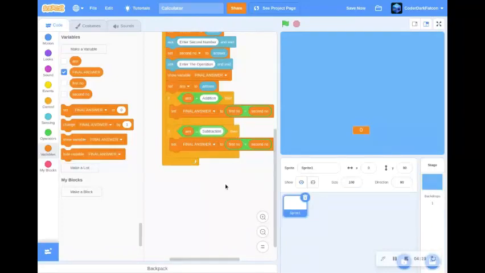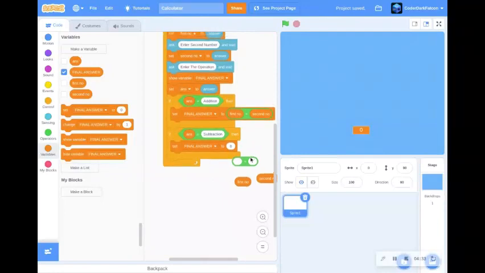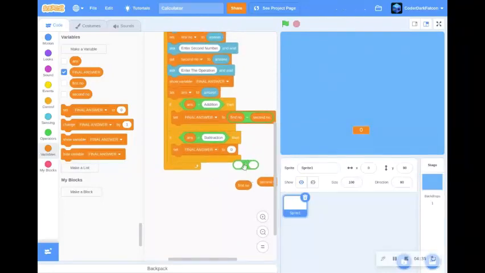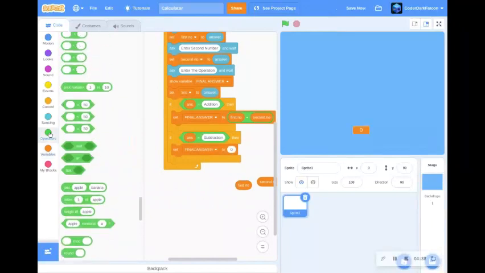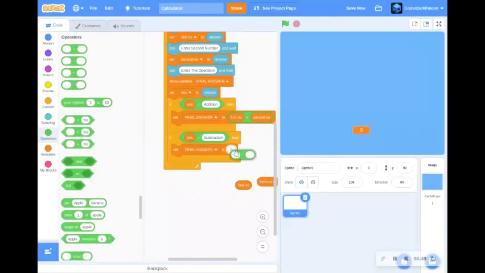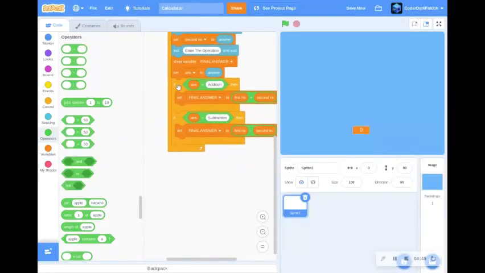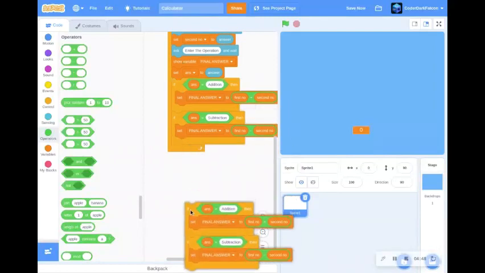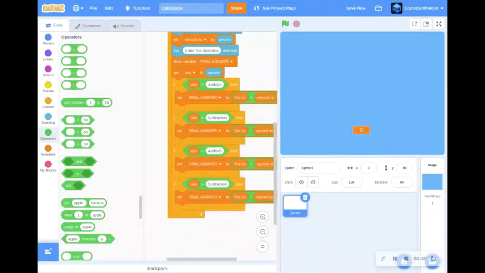So final answer to, and now subtraction. Subtraction, and a final answer. Yeah, and we had to take minus signs, not plus signs. Sorry guys, I have a little cough. But yeah, so we take minus sign, first number, and second number. We again duplicate this whole thing and make this